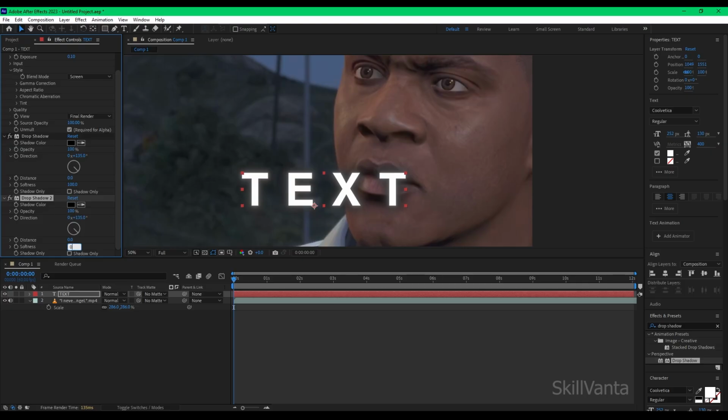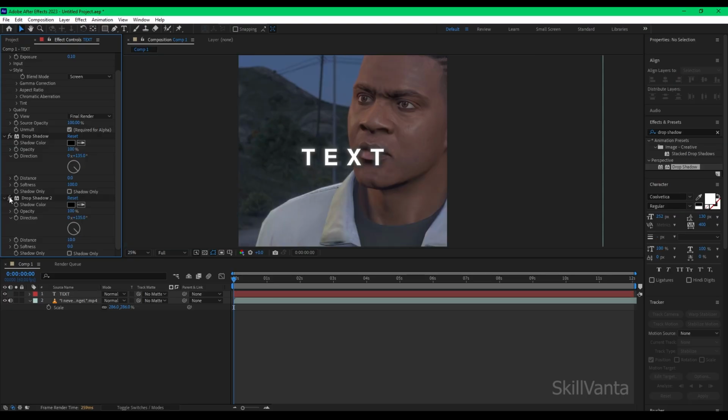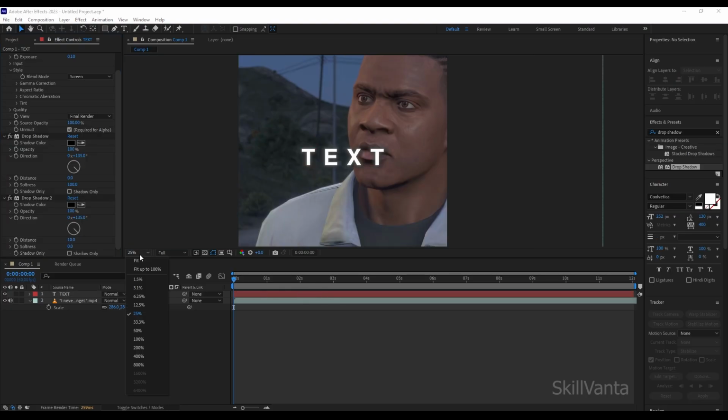Now apply my settings, and again you can choose not to follow these exact settings. Now as you can see, we got a beautiful glowy text with a little bit of shadow that makes it